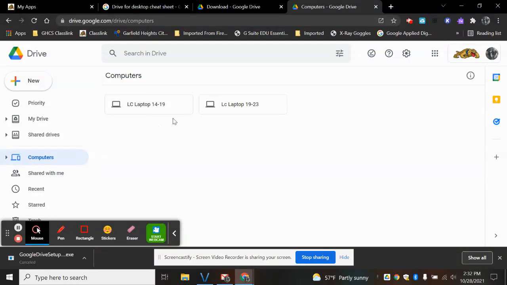And you can see here, now I have renamed mine. They'll automatically suggest a name for yours, but mine were both from Lenovo ThinkPads, so they had the same name. So I went ahead and named them my laptop and the years they were. So right now I have my laptop for 2019 to 2023, but if I wanted to access files I had backed up from my previous laptop, I could just click on it,